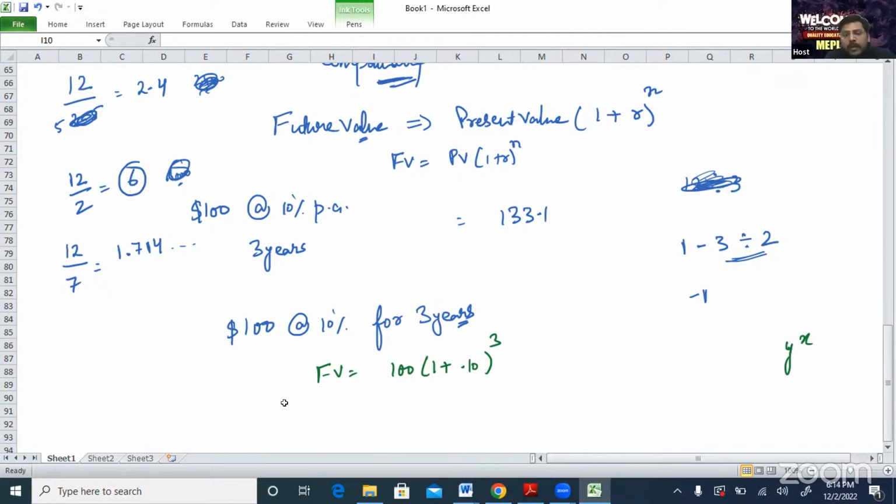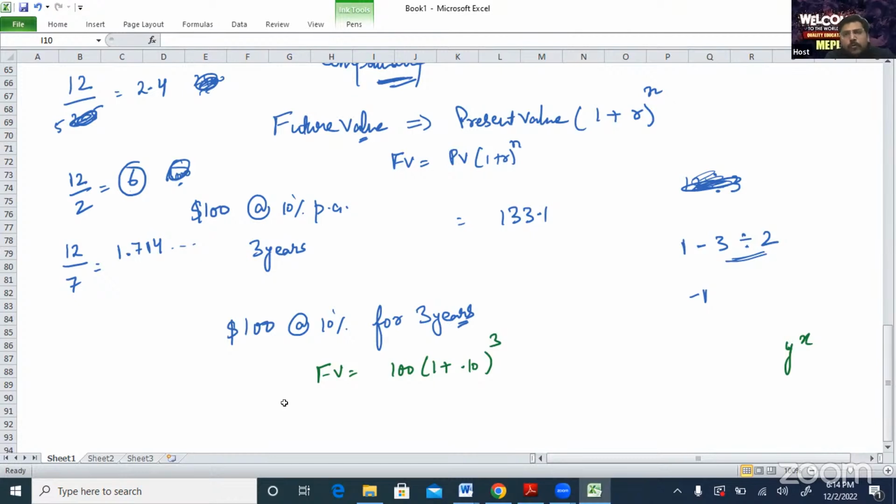So again I am repeating how you can use the keys, for those who missed it. First I have to clear the TVM. Press second and then future value, because on the future value key clear TVM is written. It will clear all the TVM. Now if you go to any key, everywhere you will find 0. My N is 3, so press 3 and then N. Then I is 10, so press 10 and then I/Y. It will take interest as 10%. Investment is 100, so I press 100.